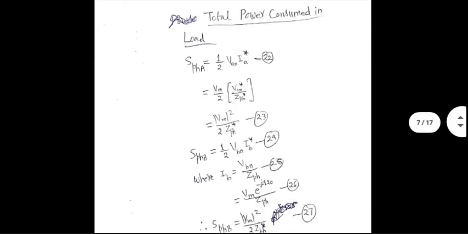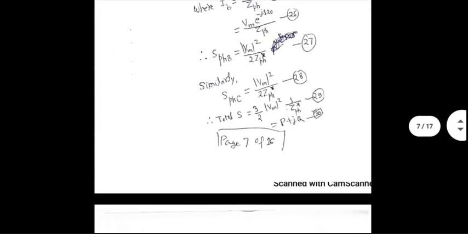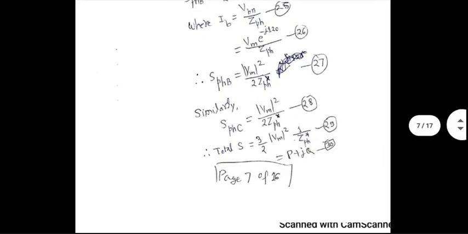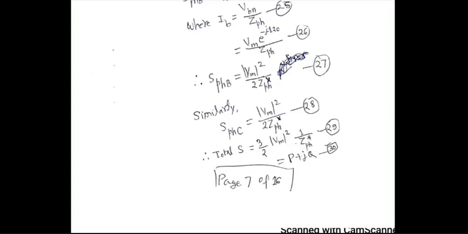Total power consumed in the load in the complex domain also was worked out. It turned out to be equal for all the three branches of the load. So I summed up the result, and this is what I got. The total complex power in the load has a real part and an imaginary part. We can draw a power diagram also if necessary.